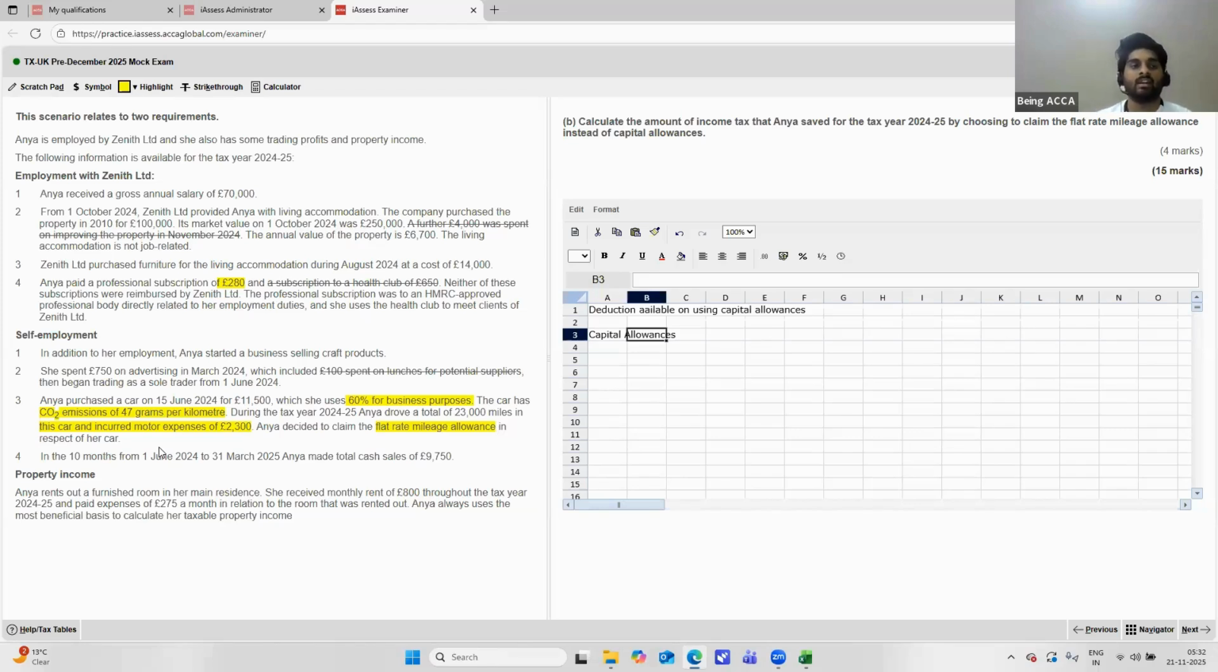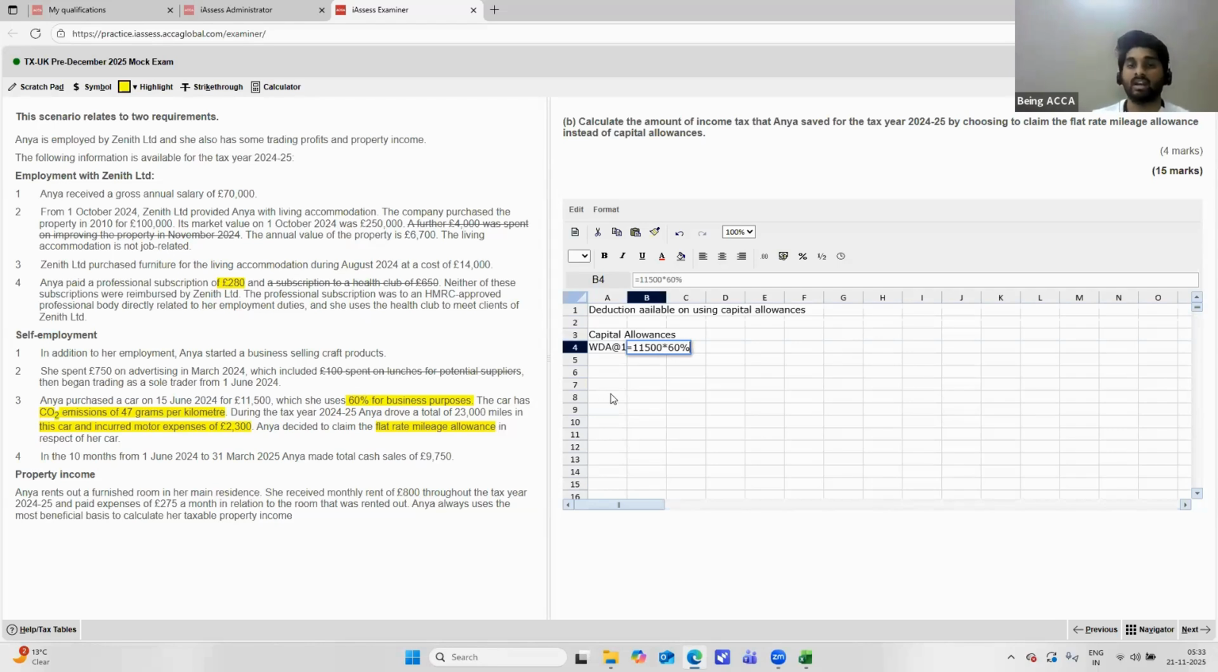And since it is having emissions of 47 grams per kilometer, that means it will be a part of main pool and not special rate pool, because the emissions are between 0 to 50 grams of threshold. So that means only WDA is applicable at 18%. So now the capital allowances that would be available would be equal to the cost of the car at 11,500 into, it is only being used for 60% for business purposes, so into